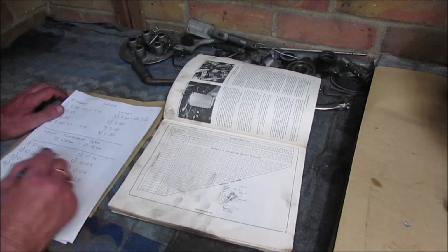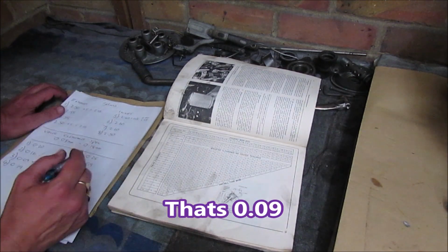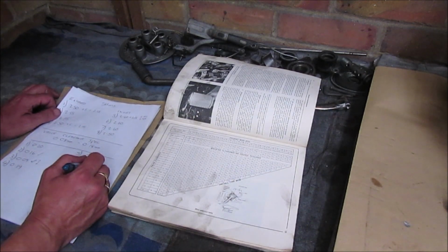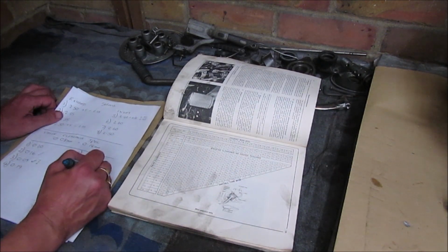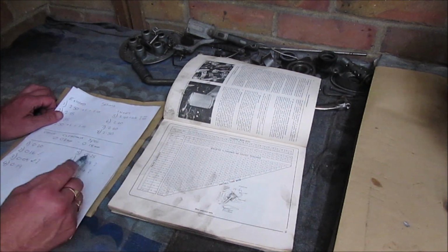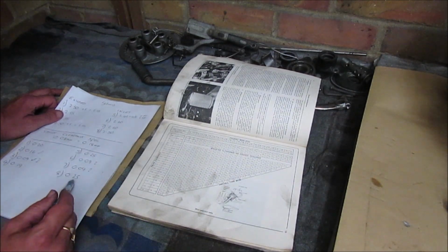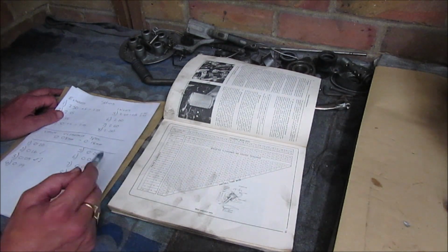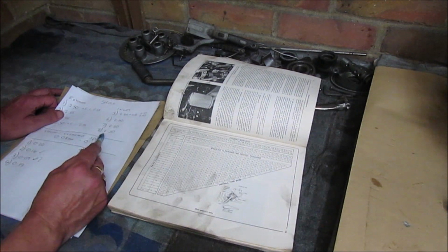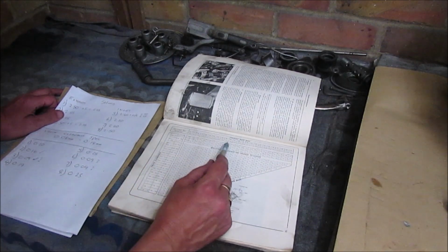Again, 6 and 7 are running the same as 3, 0.09. It is in spec. I'll question mark those two to bring them in line with everything else. I could change them. Right, the last one, again number 8, is running 0.25. I'm running a 2.5 shim. So again,